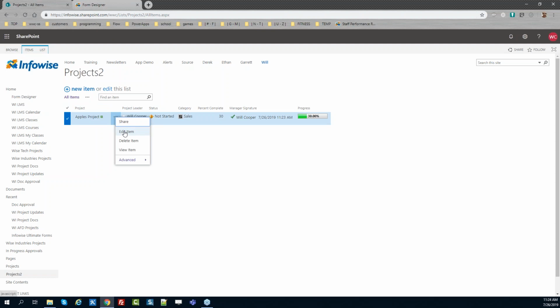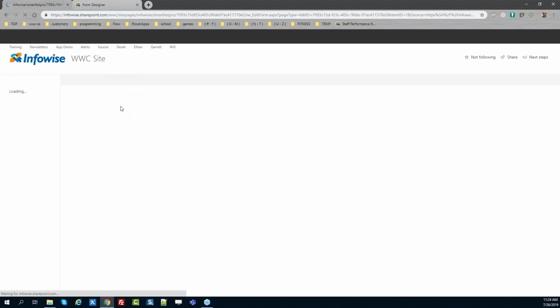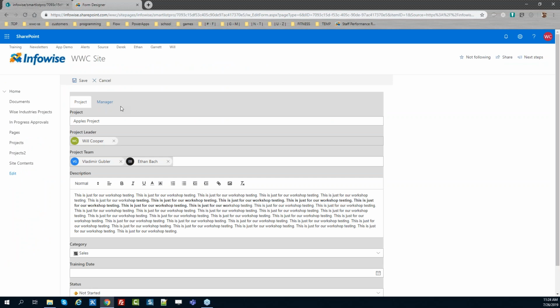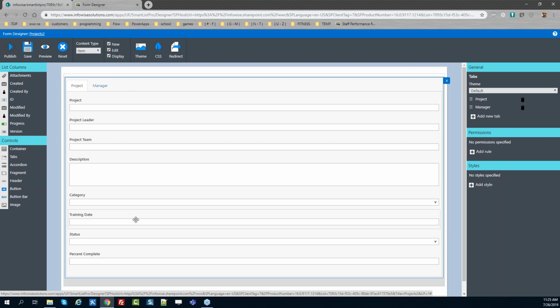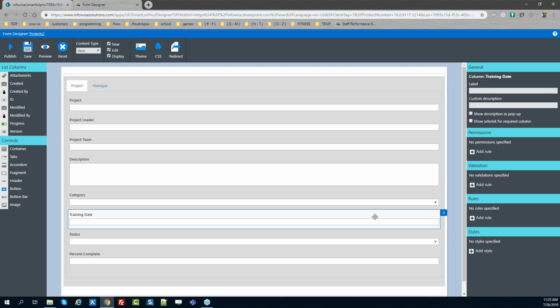Okay, so here, let's open up the edit form. And I'm going to leave this open. What you're going to see me do is refresh this page, because what I want to do is check and see, as I make changes, how that's going to affect things. Okay. The last thing I want to do as far as this initial stuff coming off the article, before we jump into the next things, is create some permissions rules for training date. If you recall, training date only applies when category is training, right? So what I want to do is apply